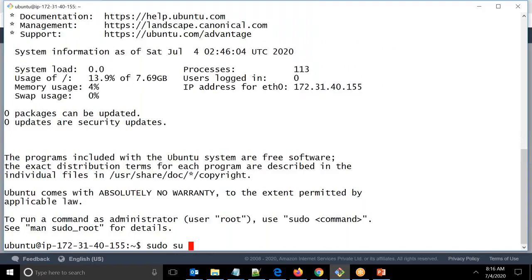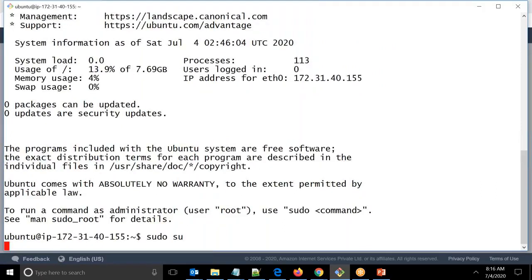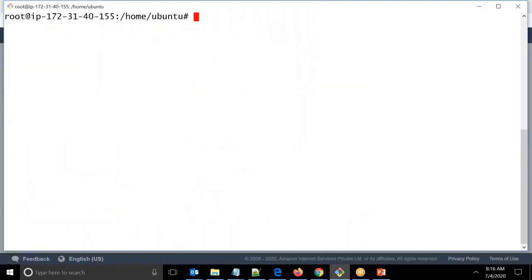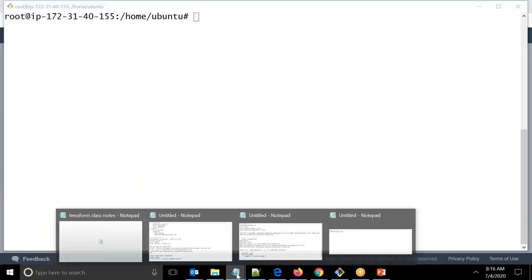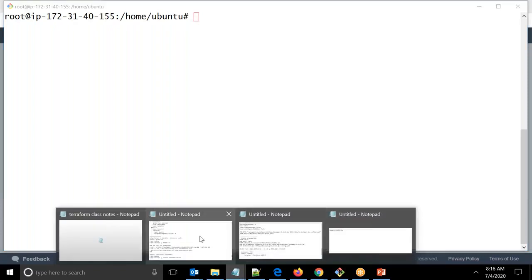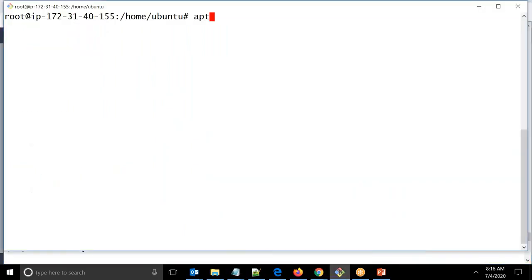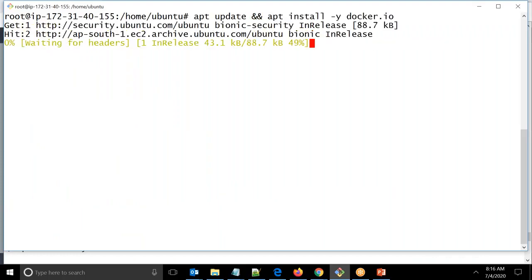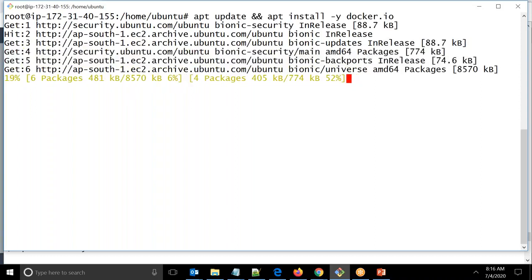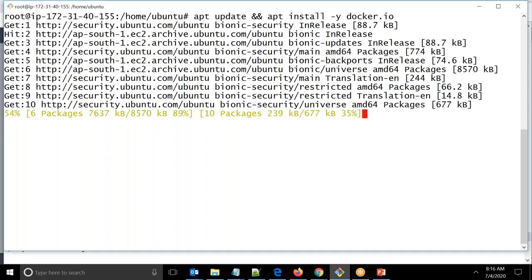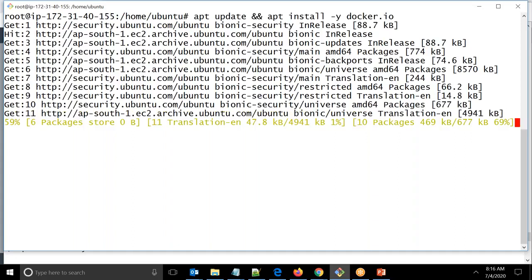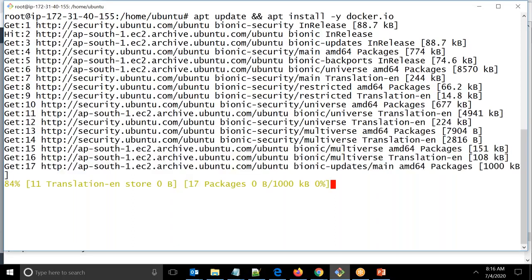Okay, so now whatever the components that you're going to install, whether it's master or your minion or worker, the base for that is you need to have Docker. So first, let's go ahead and install Docker. Okay. So I'll say apt update and apt install Docker. And once this is done,